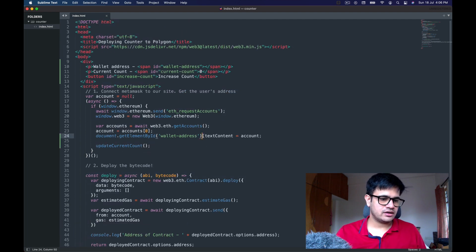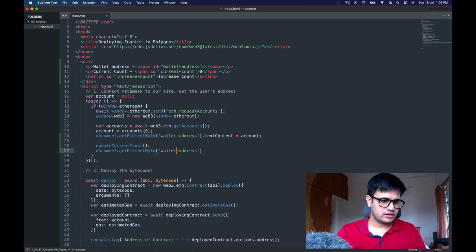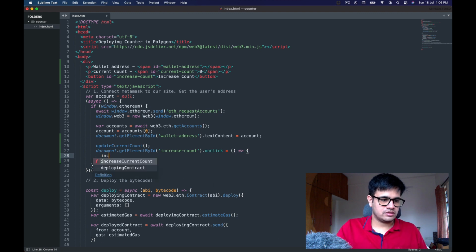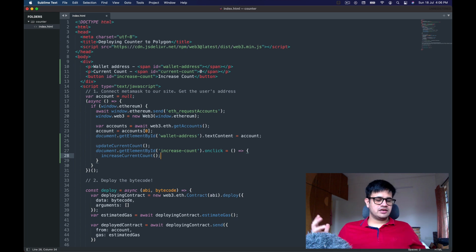To do that, let me copy this over here and change the ID to increase count dot on click, and the function will be calling increase current count. Great. So we have added the flow, I would say, but we haven't written the code yet.